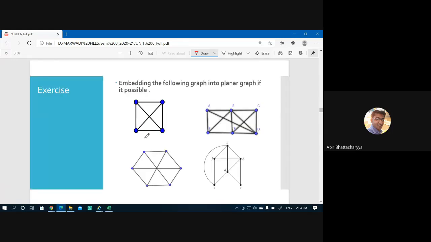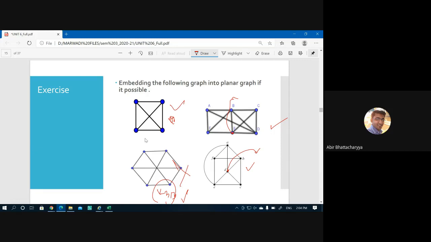Similarly, embedding the following graph into a planar graph is possible. So they ask you a few questions whether the embedding is possible or not. You can check all the graphs, like this one is a K33, so not possible, obviously. Okay, it's not possible. You can easily identify these few graphs. You can check, this is also not possible because it's a K4. So these two graphs are unknown graphs. You can check, like in this graph we can move D outside. Okay, then it's easily possible to embed. Similarly, in this case, we can move E outside, so it is easily possible to embed the graph.